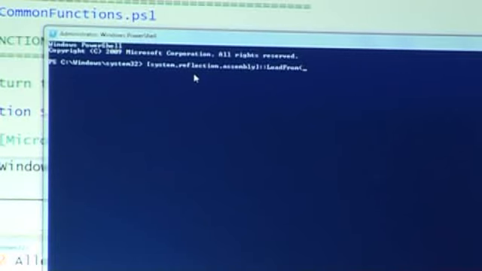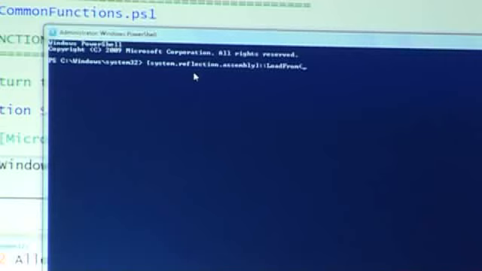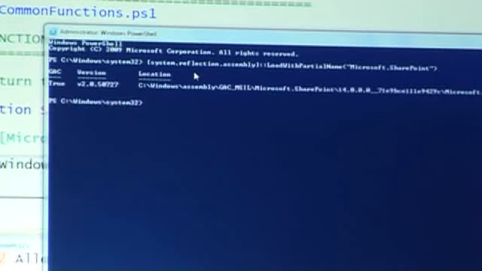And within this, I can then start to tab through the available methods for that object. So I can use something called LoadWithPartialName. So I'm just loading the normal Microsoft.SharePoint namespace here, and that's then loaded into memory,